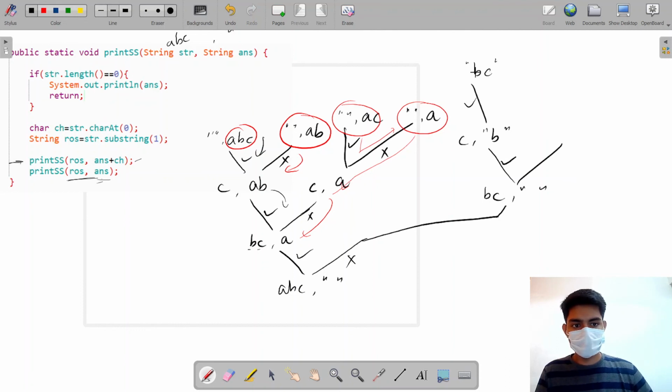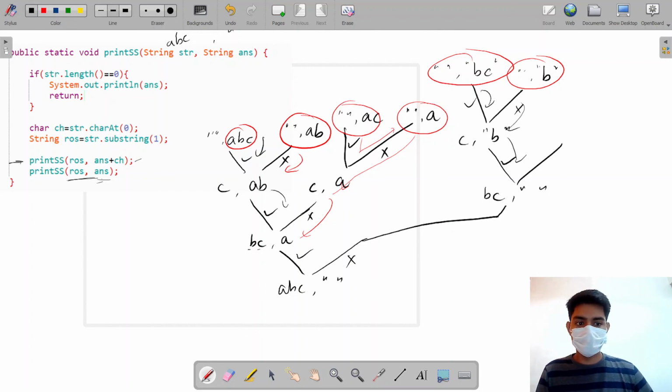I get BC, and I get nothing in my answer. I print this answer, I return, then I go here, I make the exclusion call, I have only B and nothing in my answer. I print this answer again, I come back.